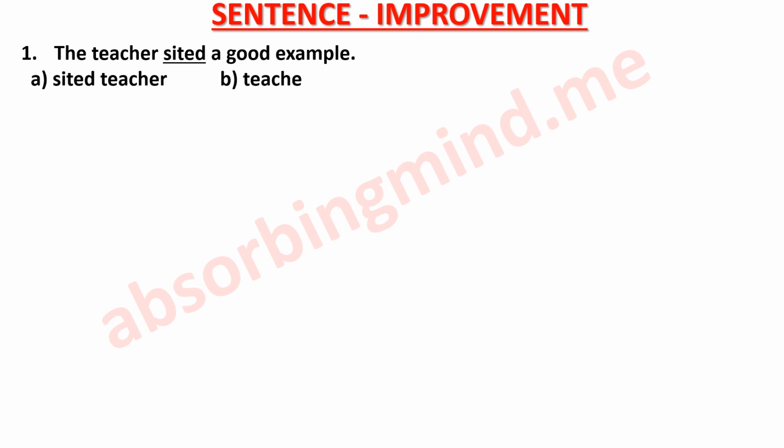The next most important question which is coming in these exams is sentence improvement or sentence improvisation. One part of each sentence is underlined, and below the sentence are given options, possible substitutions for that underlined part. As you can see here, if one of these is better than the underlined part, you can choose that option. And if you think that none of the responses can substitute the underlined part, you can mark D, which is none of these. Let's start.